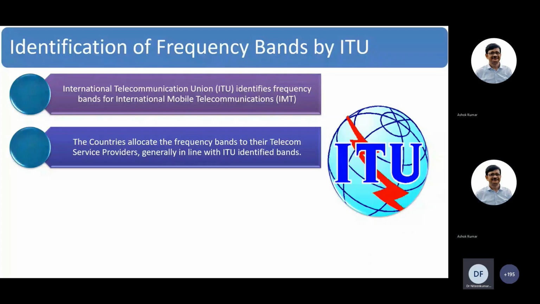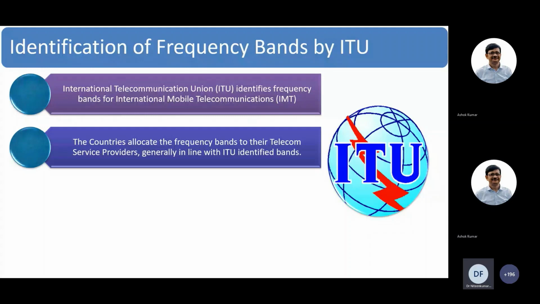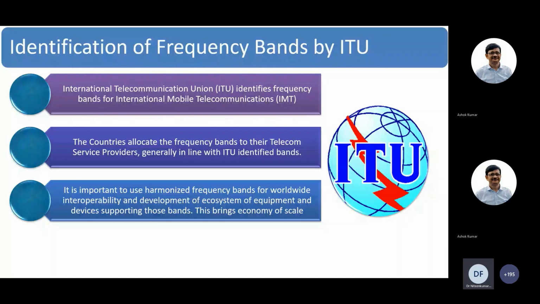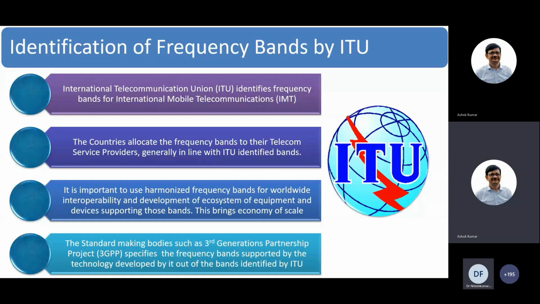so that interoperability across the operators across different countries is possible. It is also important to use the ITU bands so that an ecosystem around those bands develops, a whole ecosystem of manufacturers, OEMs, etc. So the cost of equipment and devices becomes less by using the economy of scale concept which we have. And once ITU identifies a particular band,